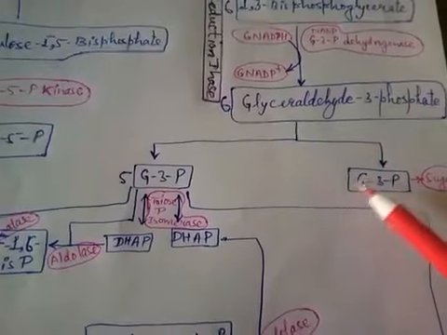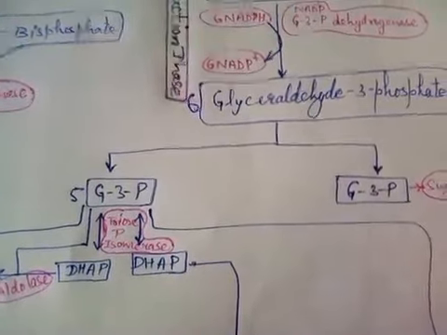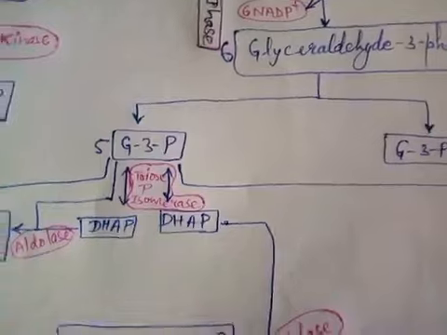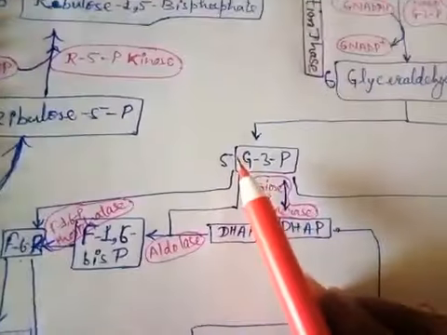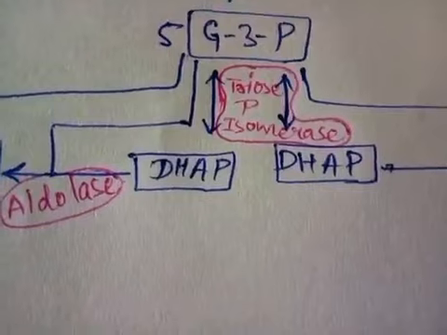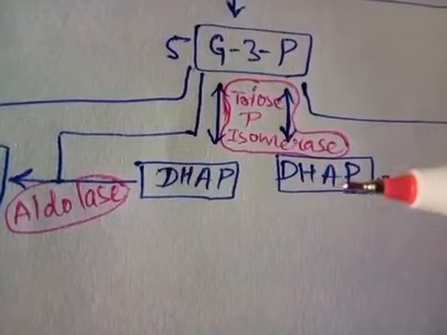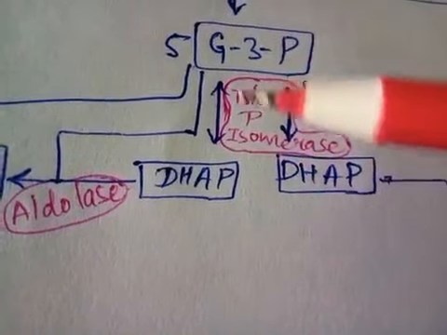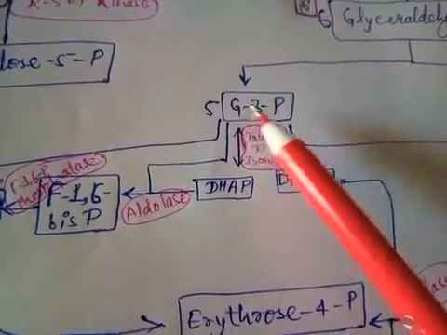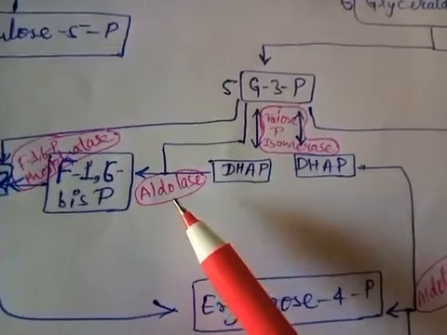Now this one molecule is condensed into the glucose form, and the rest of the 5 are regenerated into RuBP in a stepwise manner. Let's see how. So 2 molecules of glyceraldehyde 3-phosphate are now converted into dihydroxyacetone phosphate, that is DHAP, in the presence of triose phosphate isomerase. Further, 1 molecule of glyceraldehyde 3-phosphate combines with dihydroxyacetone phosphate in the presence of enzyme aldolase and is converted